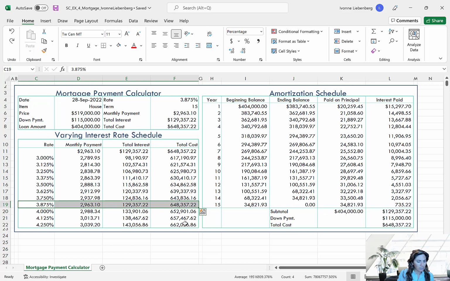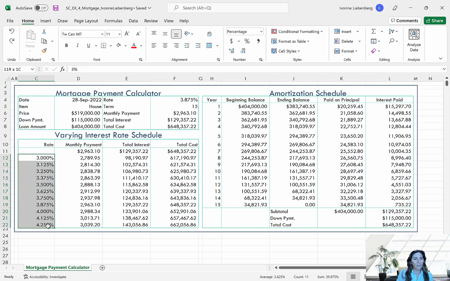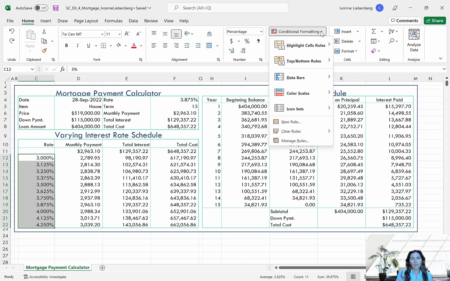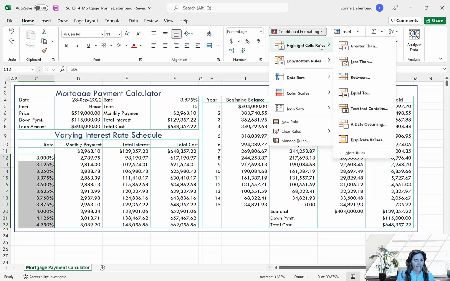So let's follow the instructions to learn how to do this. We're going to select the range C12 to C22, where we have our range of interest rates from 3% to 4.25% in increments of 0.125%, right? So that's where we're going to start by selecting that column, because we want Excel to match one of these interest rates to the one we have in cell F4, right? So let's go ahead and click the conditional formatting button, which is in the home tab, the styles group. So conditional formatting, then we want to select highlight cell rules, right? And that will display the